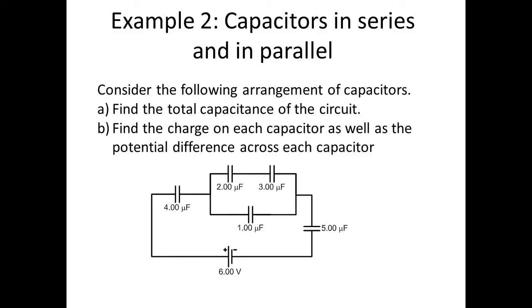Here's an example with capacitors in series and in parallel. So we have an arrangement of capacitors and we have to find the total capacitance of the circuit and the charge on each capacitor as well as the potential difference across each capacitor. As usual, draw a diagram. So my diagram is going to be up in the corner so that we can look at it as we're